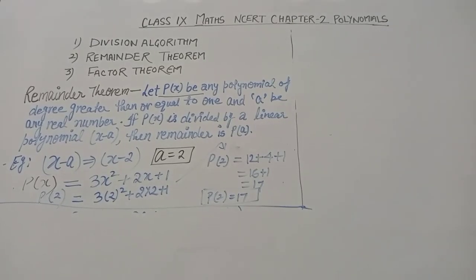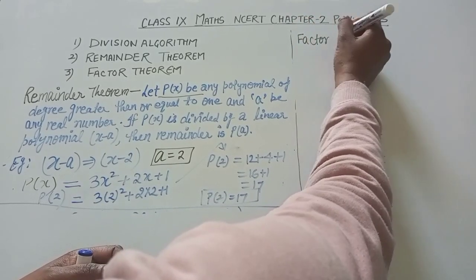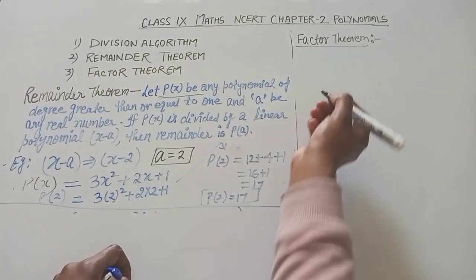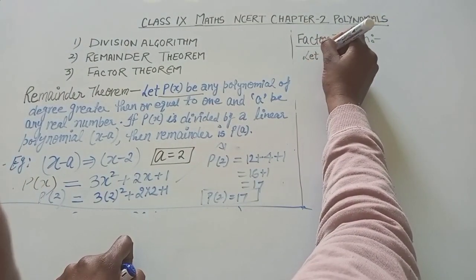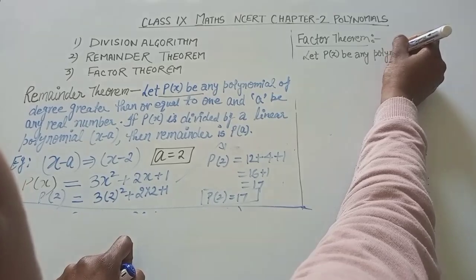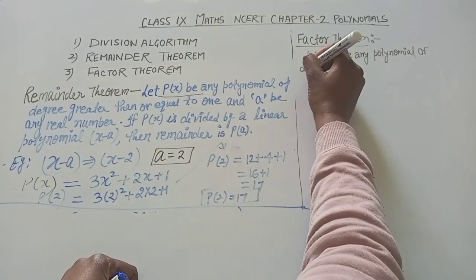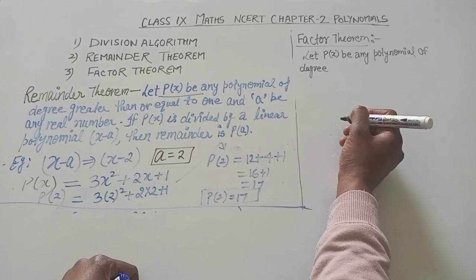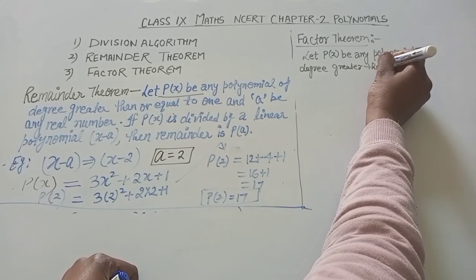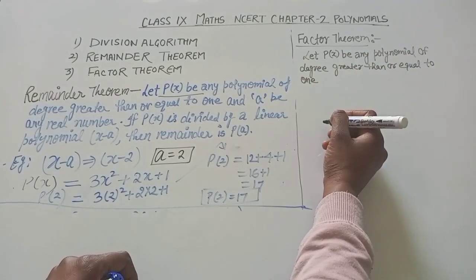Factor theorem. Factor theorem has said that let p(x) be any polynomial of degree greater than or equal to 1, same as in the remainder theorem, and